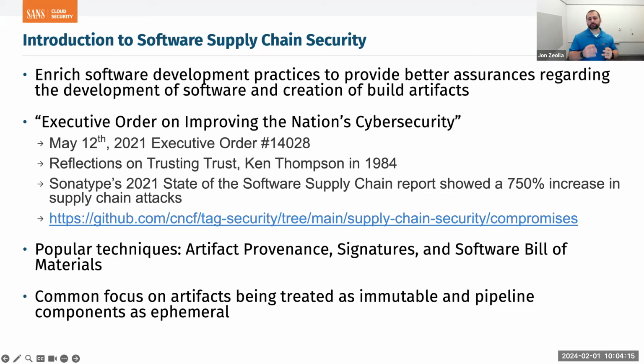While that happened in 2021 and was predominantly in response to the SolarWinds compromise, which affected a lot of large companies and governments alike, this is not a new problem. A lot of people will think back to Ken Thompson's 1984 acceptance speech called Reflections on Trusting Trust, where he described how he backdoored a compiler in the 70s, and it was kind of like a thought experiment on how do you trust the compiler that compiles your code to not put backdoors in it? How do you trust the debugger?